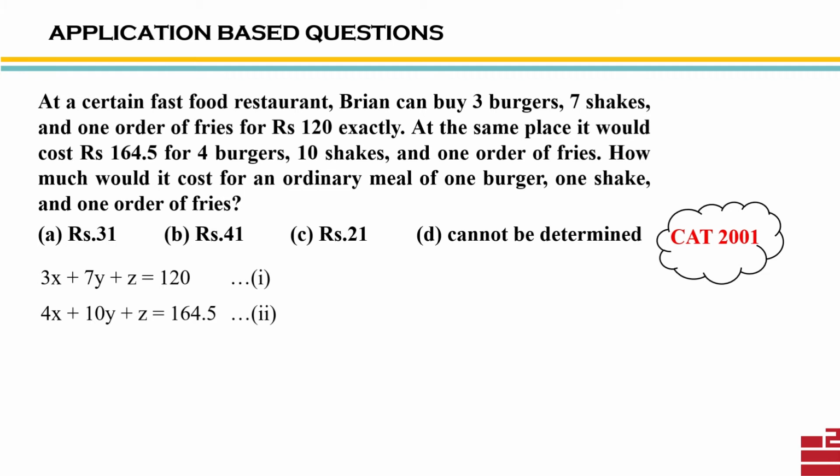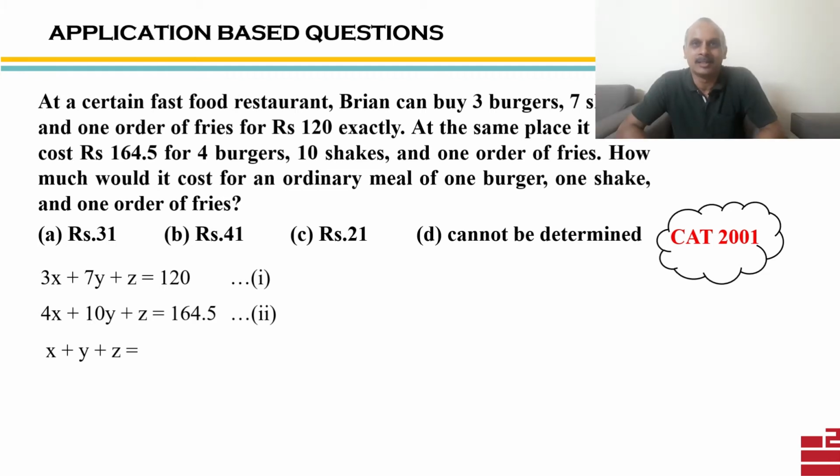Now upon getting these equations, since we have got two equations but 3 variables, we are constrained in terms of finding out the values of x, y and z. But I am asked to find out the value of x plus y plus z. At this stage, students feel that since there are fewer equations and more variables, the answer would be 'cannot be determined', and that's given as one of the options. Let us see whether that is the answer or not.